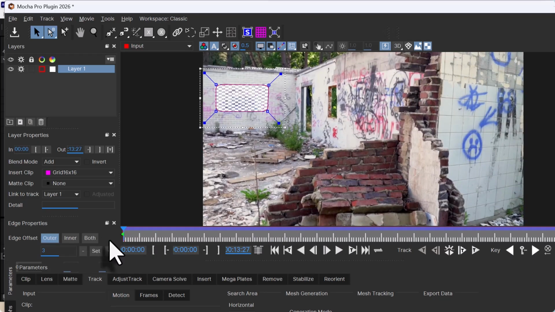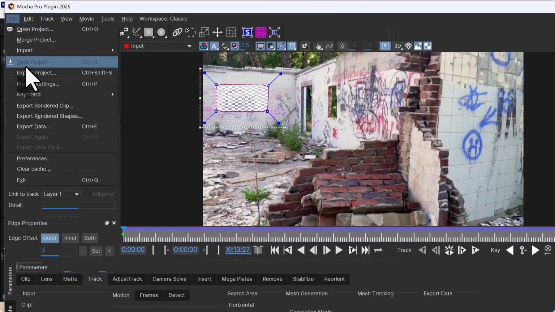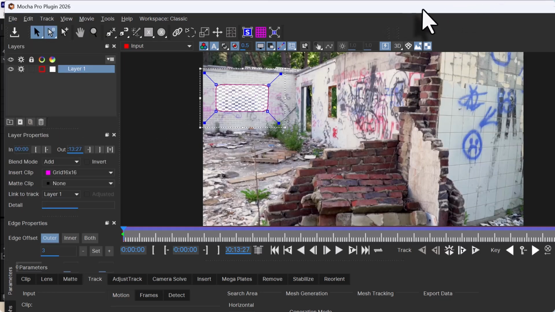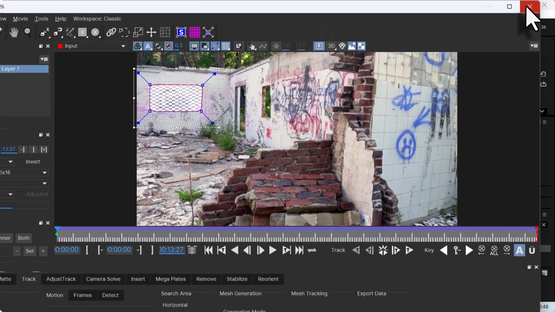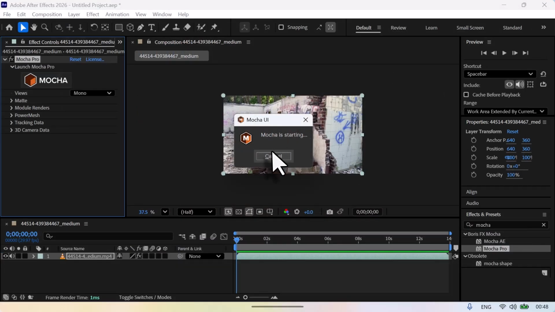So after this, we're going to save this, which is Control S or Command S. You can also come here to File and Save Project as Project. Then you can exit using this, which is click Exit or Control Q or Command Q. You can also come here on the right side and click this, and immediately we'll exit Mocha and come back